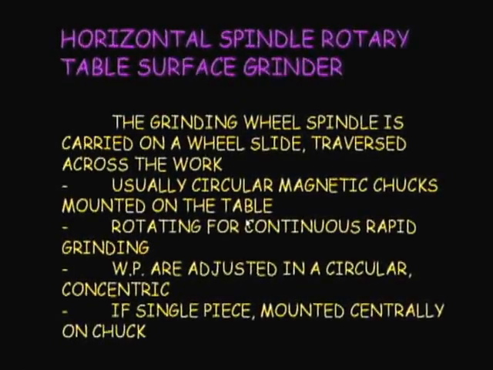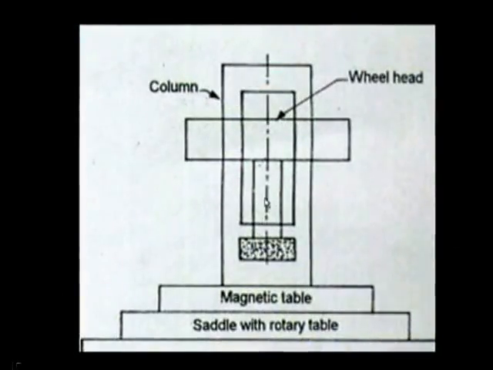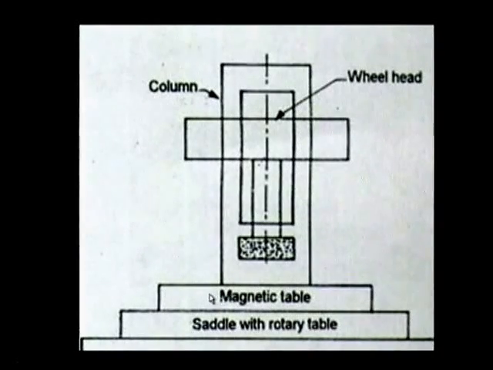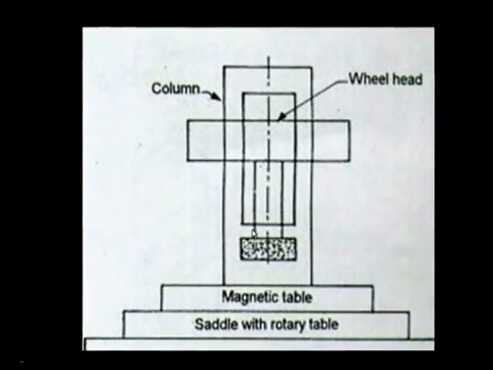Now in the same case, the horizontal spindle rotary and the others will have the same thing, but in the case of a rotary table, we can put more workpieces at a time, say in a round, so that a number of workpieces can be done at a time, the work is continuous, and setting time is less. Now if you see this figure, this is the vertical spindle, and this is the magnetic table. As I said, this is magnetized so that the workpiece will be held.